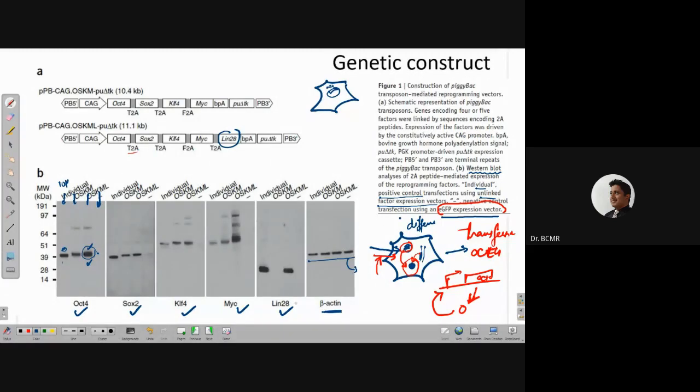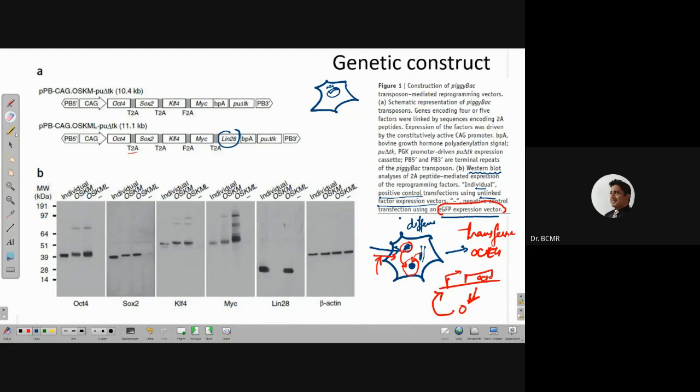So beta-actin, if you see any of the Western blots, typically they use beta-actin, because beta-actin is thought to be stable. The quantity of beta-actin is supposedly stable for a cell type. Okay, I hope you remember, actin filaments are a part of the cytoskeleton and so on. Okay, so